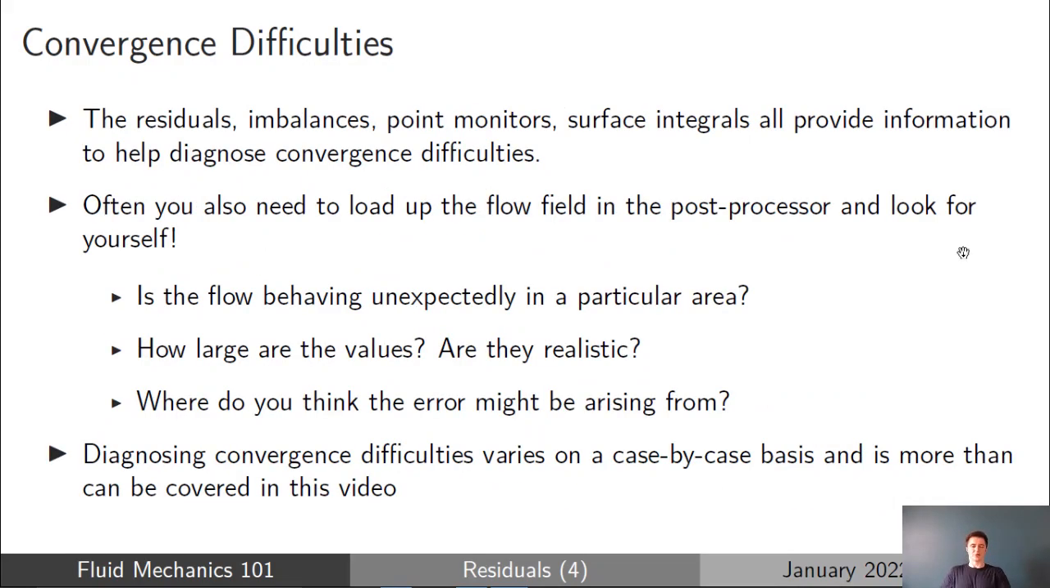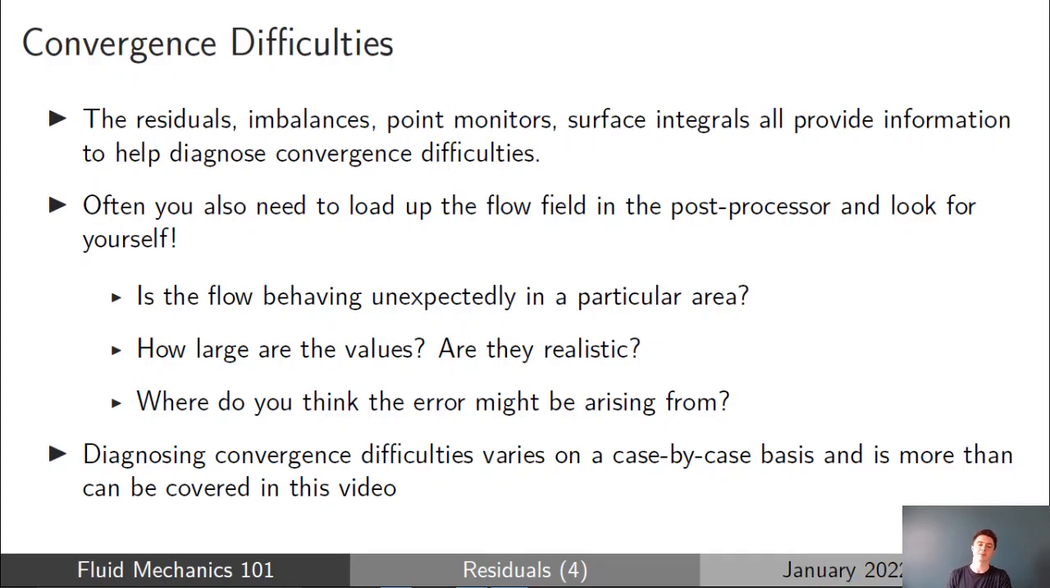So this is really a summary slide to talk about those convergence difficulties. What I want you to take away from this talk is that the residuals, the imbalances, the point monitors, the integrals, all of these things provide information to us. You have to think of yourself like a bit of a detective, and you're using all of the bits of evidence that you have to try and work out a picture and try and understand what's going on with your particular case. And also never forget that you can open up your solution in the post-processor itself and just directly